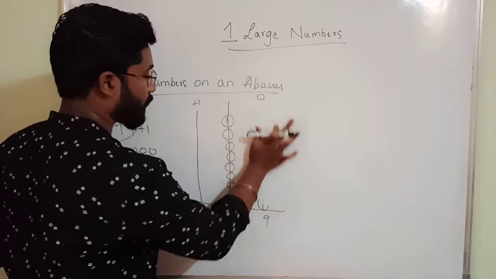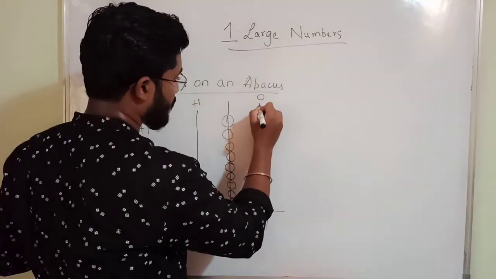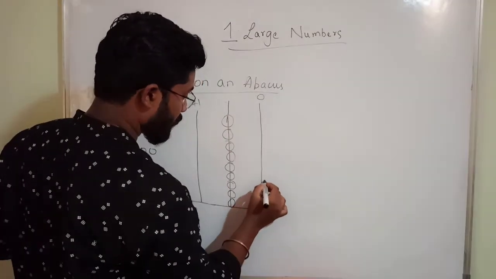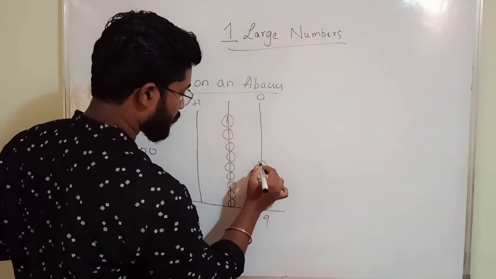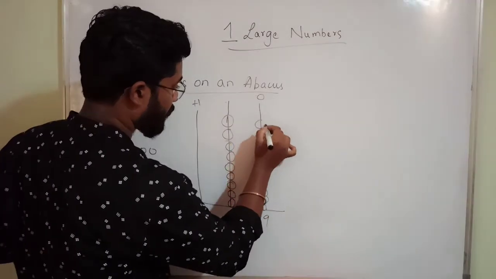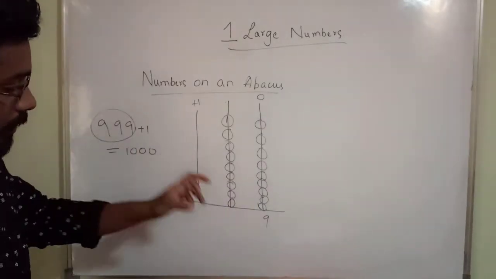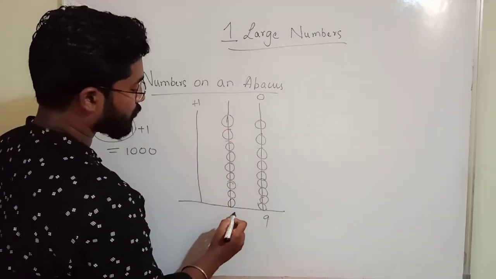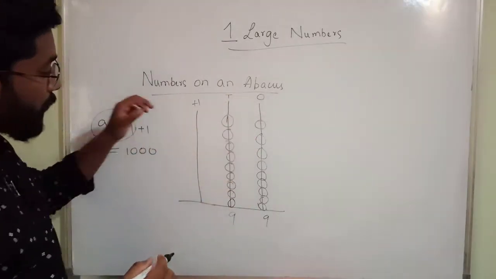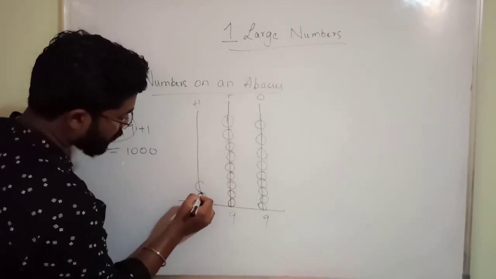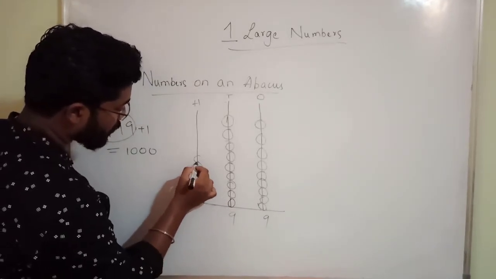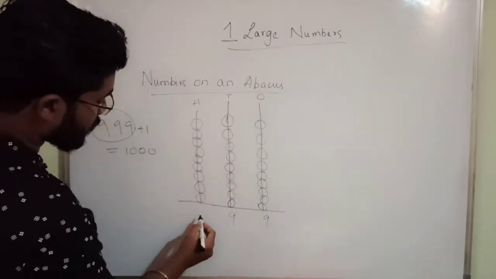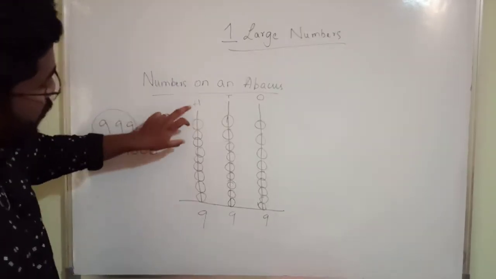All should be at the same level so that you will not get confused. Okay. Once again, I have to draw this. 1 2 3 4 5 6 7 8 9. These are 9. Okay. These are also how many? 1 2 3 4 5 6 7 8 9. These are also 9. In which place? Tens place. In hundreds place, 1 2 3 4 5 6 7 8 9. 9 in hundreds place.